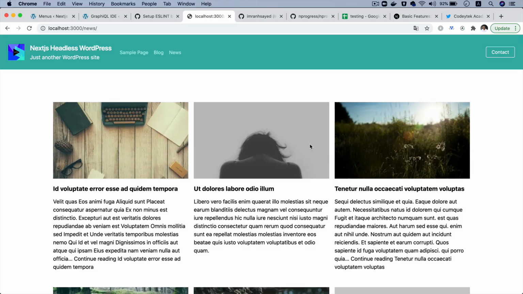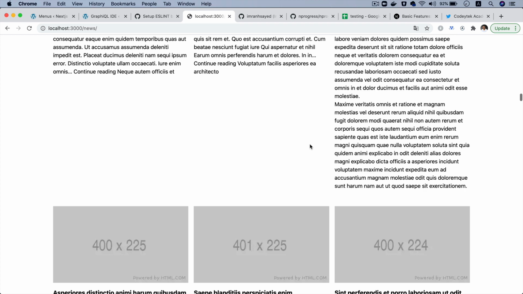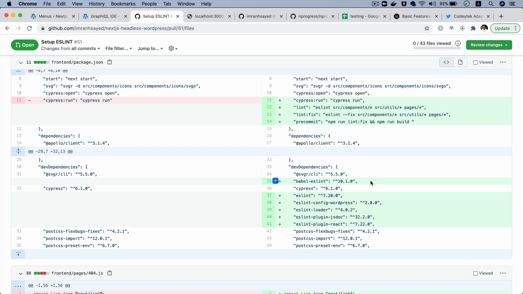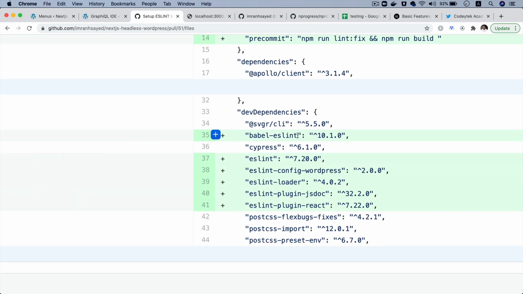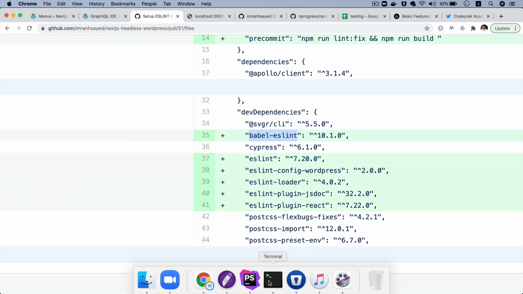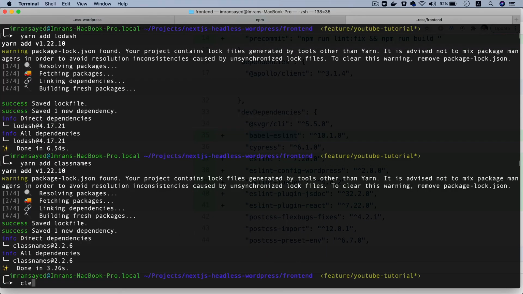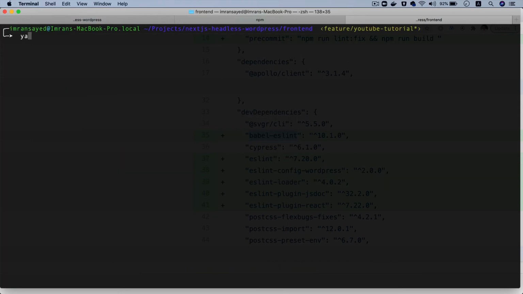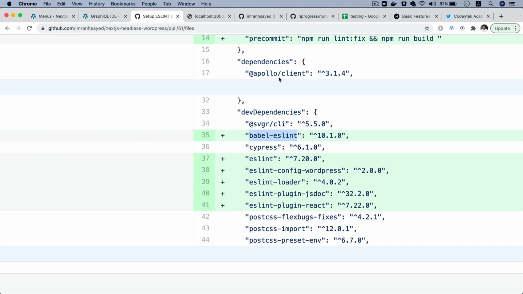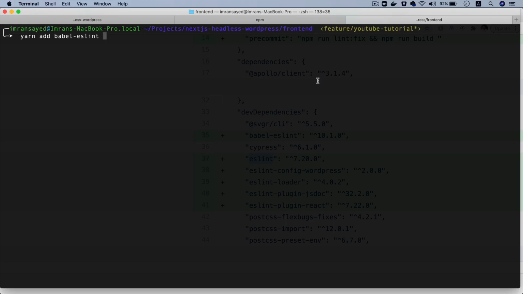In the previous video, we learned how to create the load more functionality, and in this video, we're going to set up ESLint. So we're going to install some packages like babel-eslint. Let's add that. I'm going to run yarn add babel-eslint, then